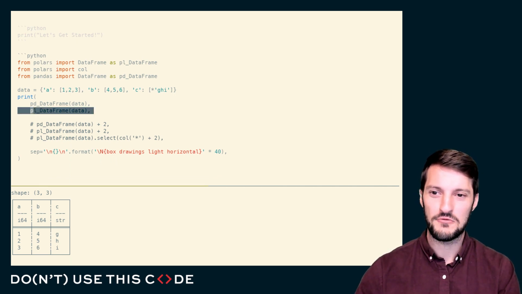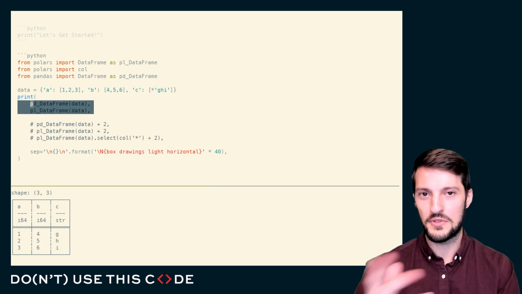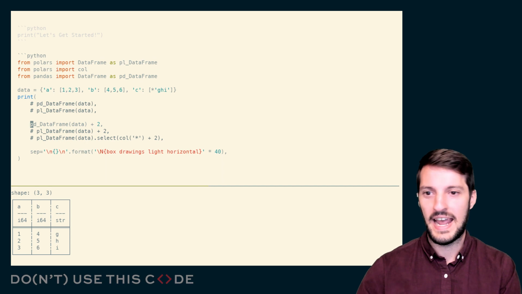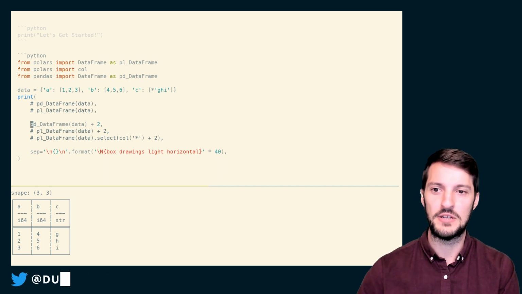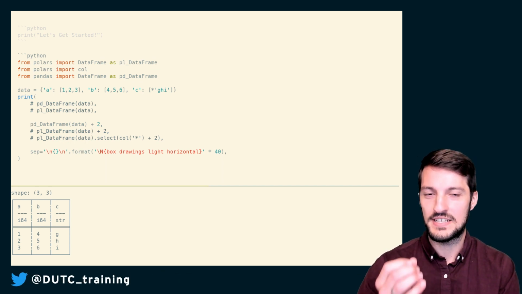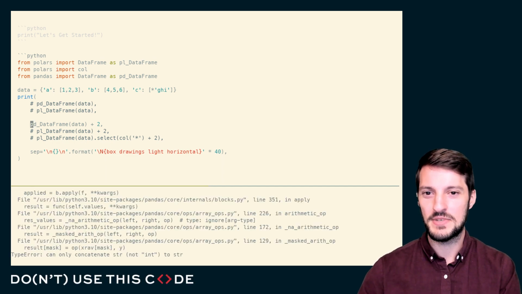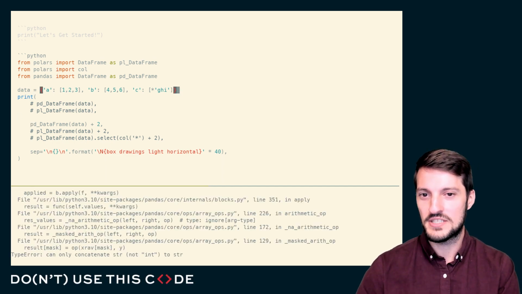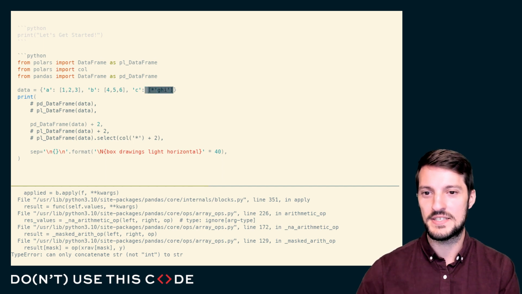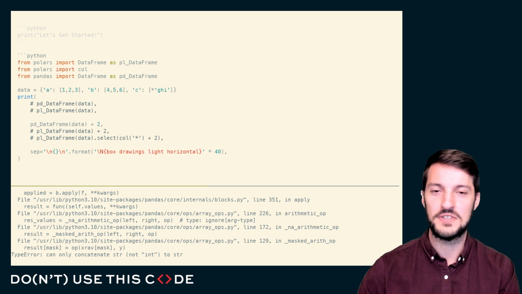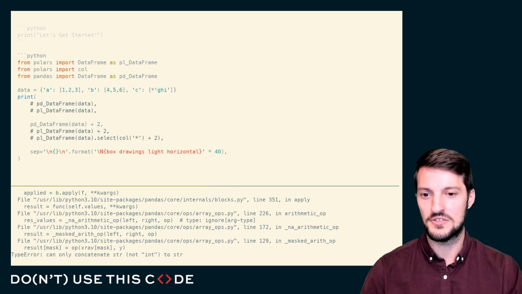Well, not really. What we can do with our pandas data frame, we can actually just take the value 2 and we can add it to our entire data frame. And this works exactly as we think it should. Oh wait, it doesn't. And that's because we have a string data type column. And pandas sees this integer 2 and it can add 2 to all of our integer or float data type columns, but it doesn't know what to do with this string type column,